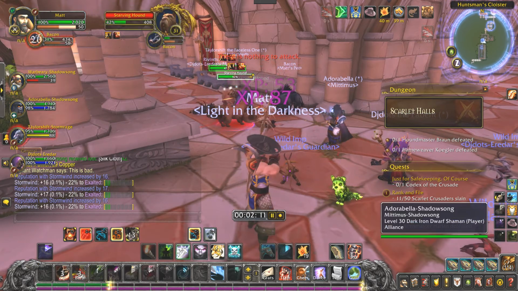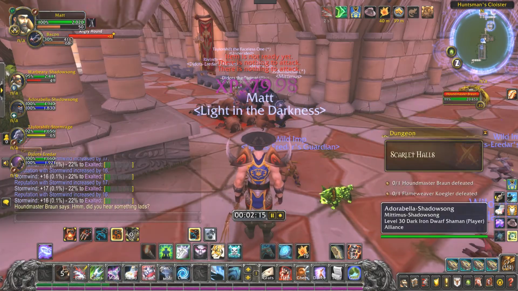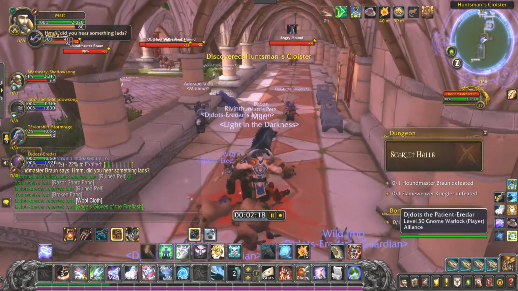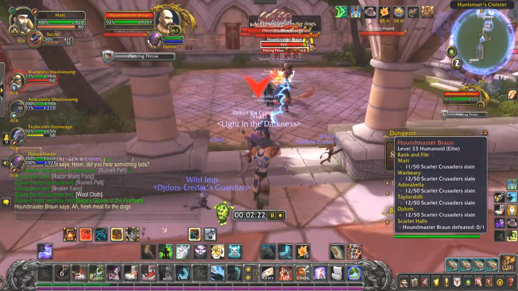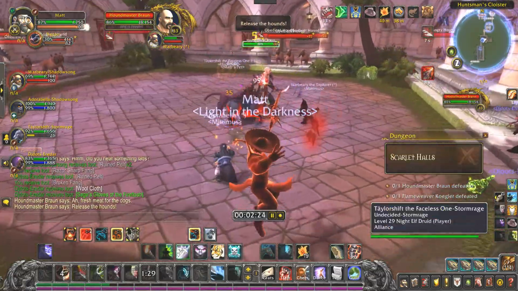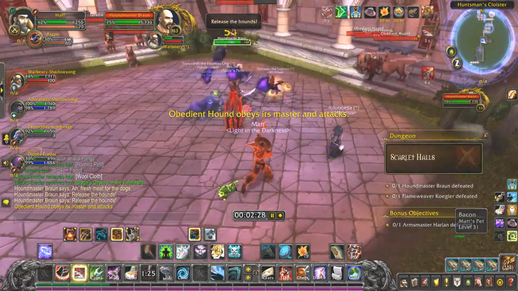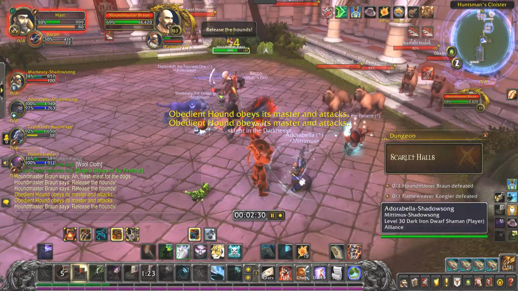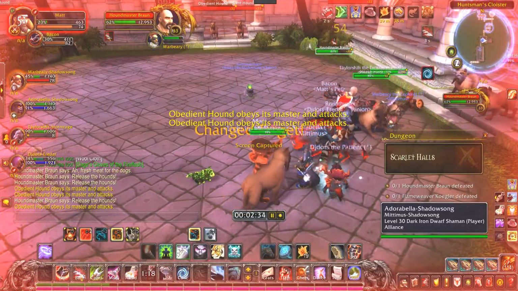So we're going to clear this last trash pack here, and then we'll be on the first boss. Okay, and here he is. This is Houndmaster Brawn, and Houndmaster Brawn is a unique encounter because you don't actually get to kill him. You're going to get him to low health, and then his dogs, which he's been apparently mistreating, are going to attack him, and they are going to...